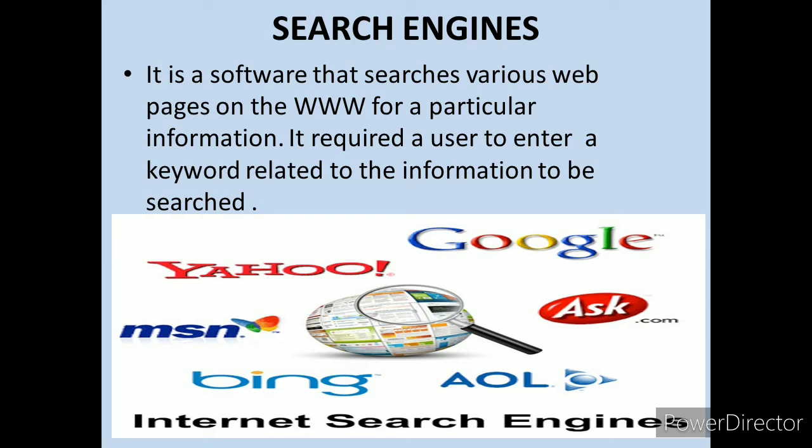I am giving a simple example. If you want to find a particular chapter in a book, what will you do? You will look in the index, find the page number, and directly open that page. Similarly, to look for any information on the internet, a search engine can be used. In a book, we use the index for searching a particular chapter. In a computer, if you want to search for particular information, we need a search engine. Everyone is clear?